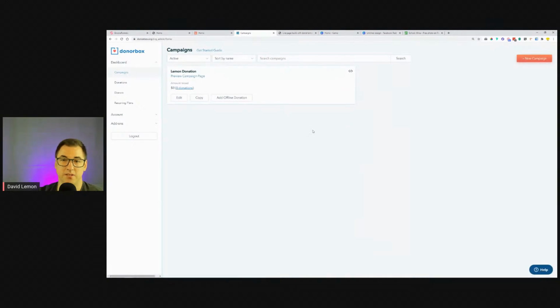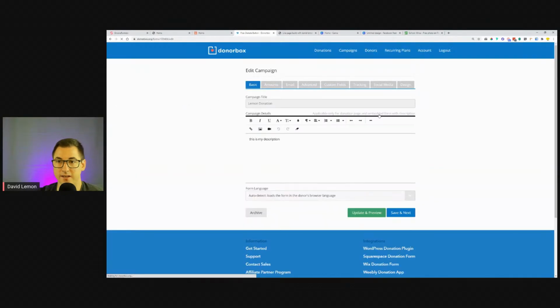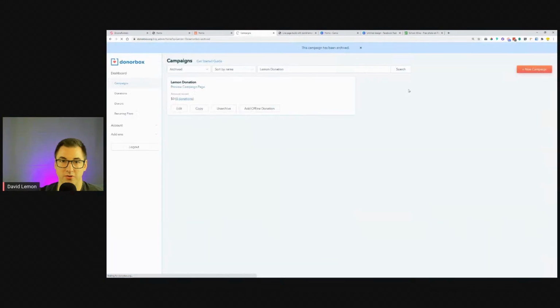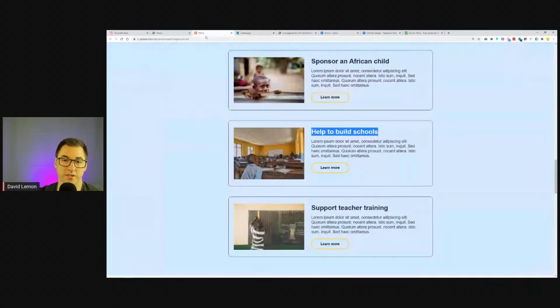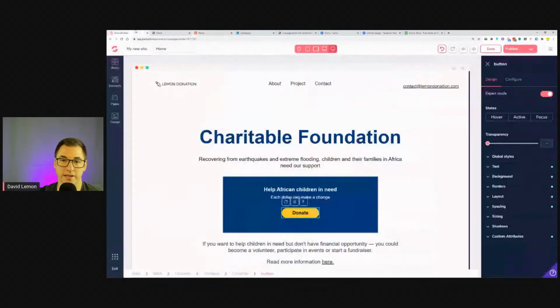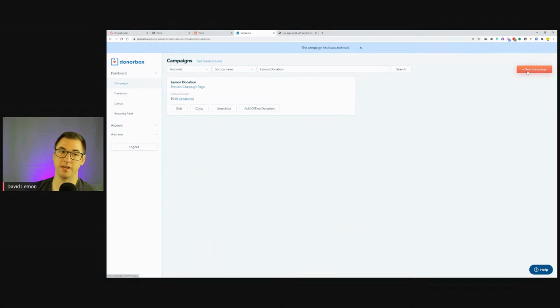And this is how the dashboard looks like. So I will try to delete this one if I can. Archive. Okay, so let me just try to open a completely new campaign. Okay, so this was the one that I did for the tutorial, basically the demonstration that I showed you previously, but I want to show you now how to set it up. So I don't need this, I don't need this, I don't need this, but I want to set up a new campaign in DonorBox. So new campaign,